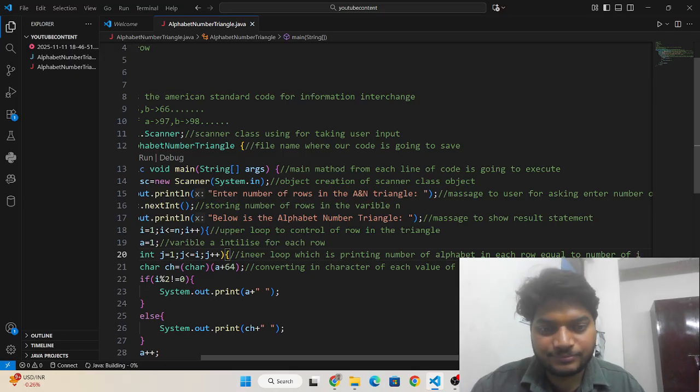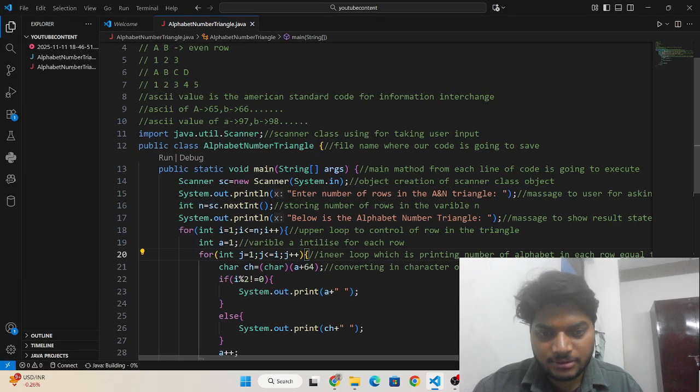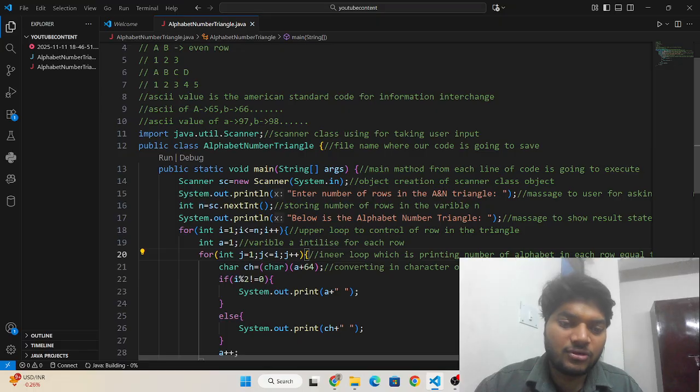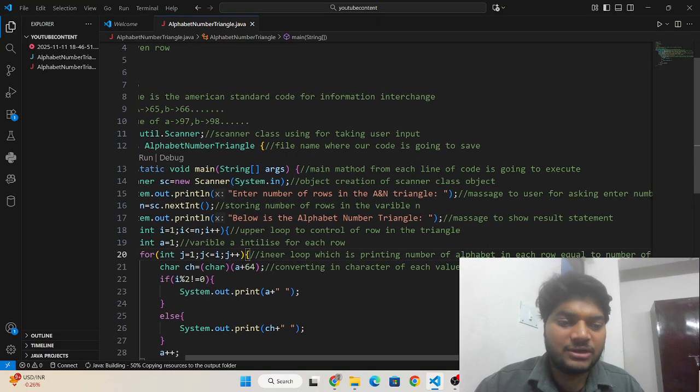Okay, equal to the number of i. And what is this doing? Converting into character of each value, the ASCII value of uppercase letter.